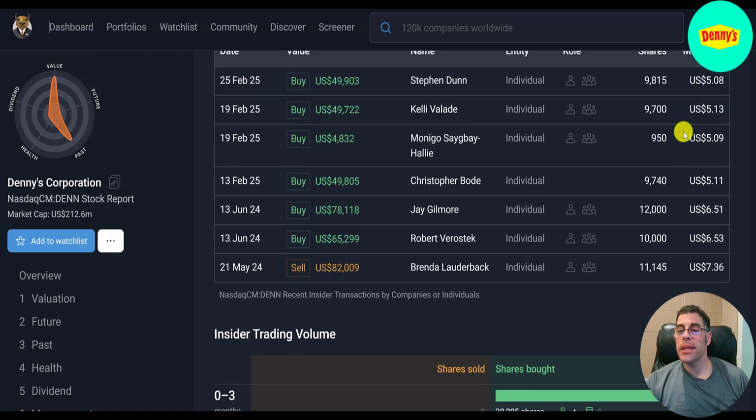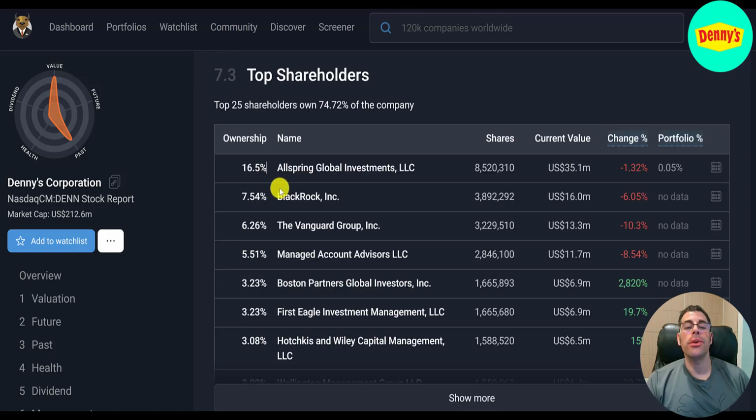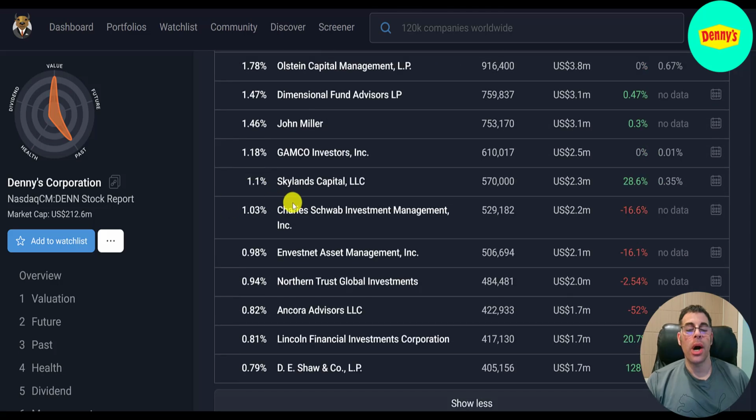Everyone is down on their investment because the stock is trading below $4. Brenda's happy, she sold it at $7, but these other people are all down. The CEO paid $513 about a month ago, and she's already down like 30%. So you can get a better deal than the CEO if you buy it today. 87% of the company is owned by institutions, 9% by the general public, and 3% by insiders. The biggest shareholder is the asset manager Allspring, 17%, then BlackRock, 7.5%, Wellington, 3%, State Street, 2.1%, Schwab is 1%,